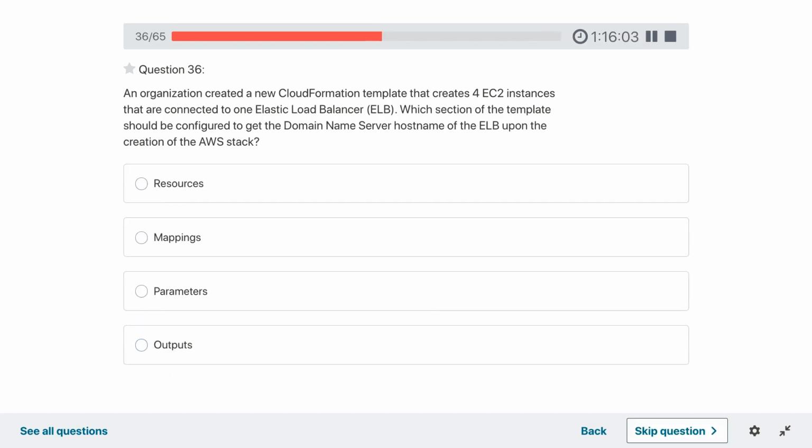An organization created a new CloudFormation template that creates four EC2 instances that are connected to one elastic load balancer. Which section of the template should be configured to get the domain name server hostname of the ELB upon the creation of the AWS stack?